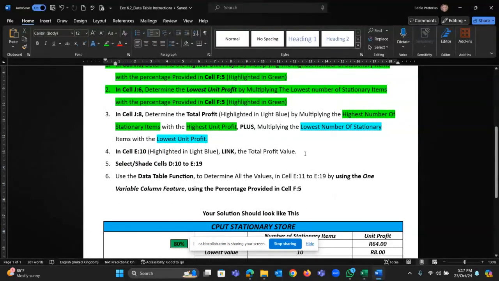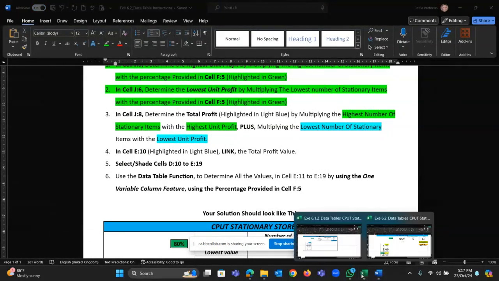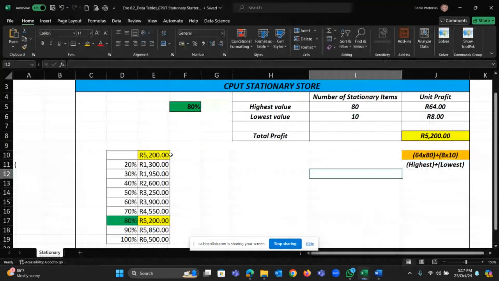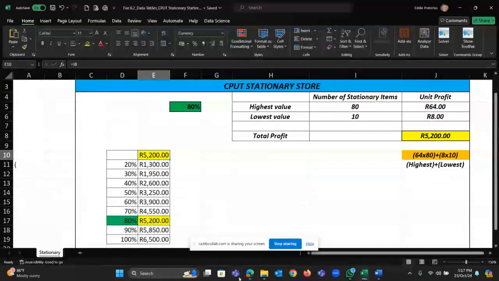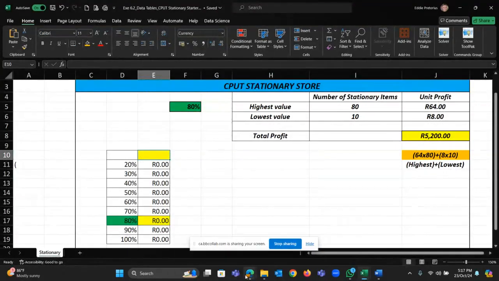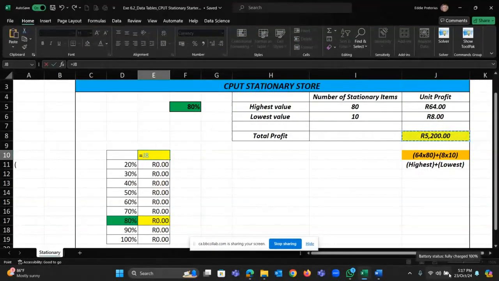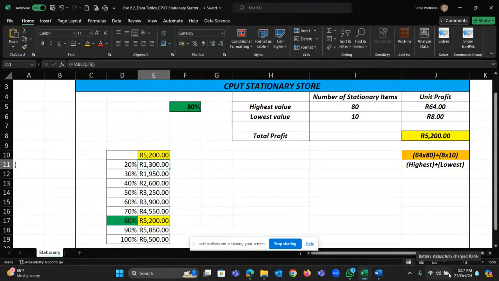Now they want us to link that 5,200 into that value over there, which I already did. So I'm going to delete it, and I will do it again. Is equal to, straightforward. I click on the 5,200 and press enter, like we link the subtotal values over to another sheet. It's the same process. We're just linking it on the same sheet. Enter. Oh, it already worked it out because I did this exercise before. Now I'm going to delete this,